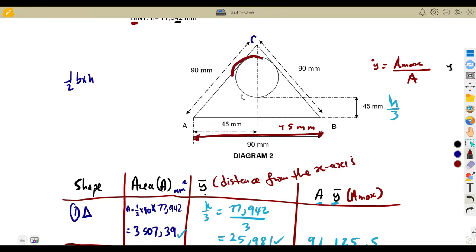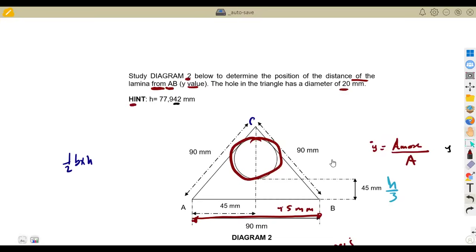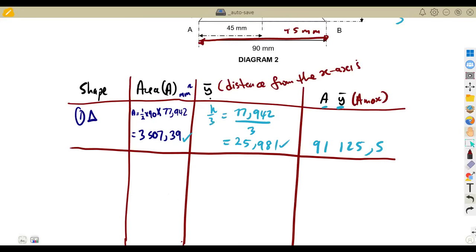So we're told that the diameter of this shape is given. All right, we are told the diameter is 20 millimeters. So the area, remember, from our pi d squared. So the second shape from a circle, we're going to have our area from pi d squared. So that's pi times the diameter, 20 squared over 4. You are going to obtain an area of 100 pi, which is negative